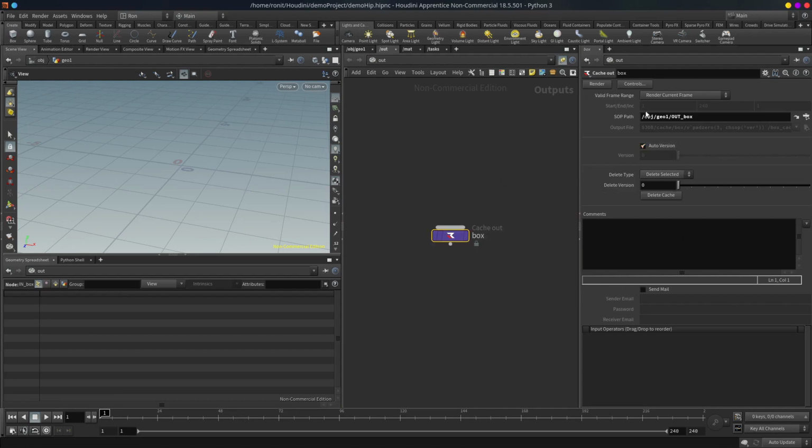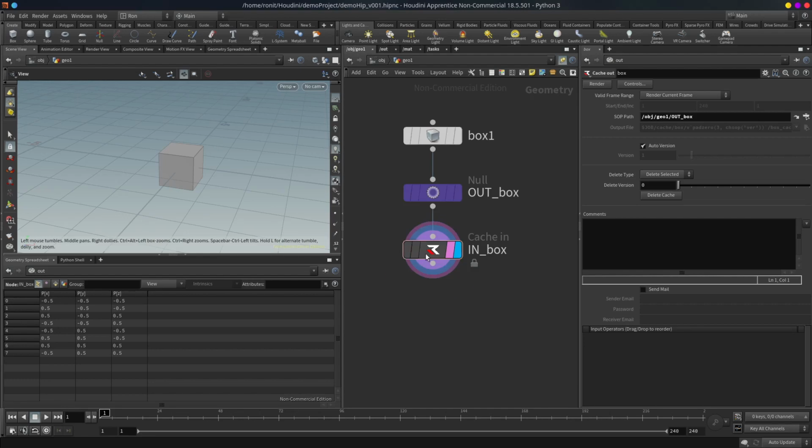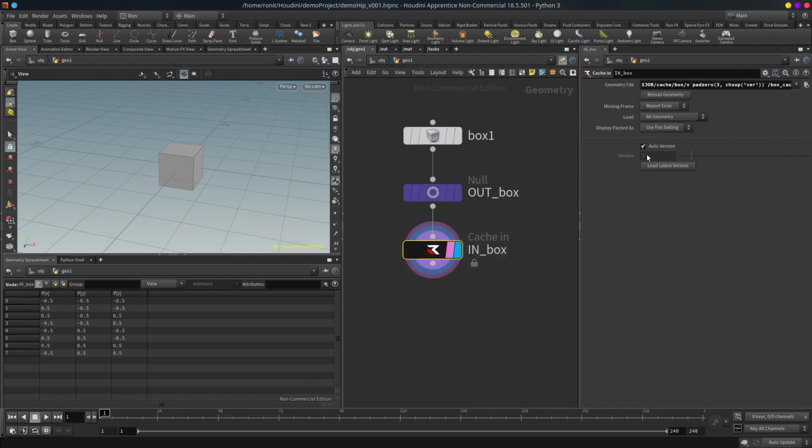So just select this one and you hit. Now notice what's happening here. We have a demo HIP file here, and version is currently 0. So you hit render, and we have our version 1, and the HIP file is also set to version 1. Okay, so this is what is happening. So now if you come back here, you can see we have also version 1 here. You can click load latest, but there is only one version, so it is here only.